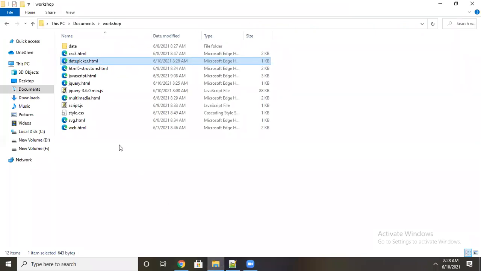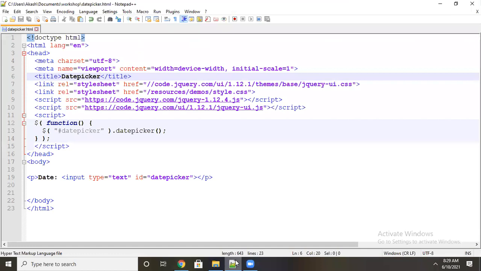Okay, you can always observe the version, that is very important. See, right now the jQuery version is 3.6. That is the latest version. One more thing, whenever you use the CDN link, it takes a little time for loading because they are using an online link. These sources have to be loaded. Only the first time it takes time, from next time it does not.